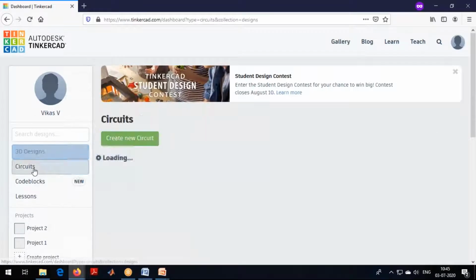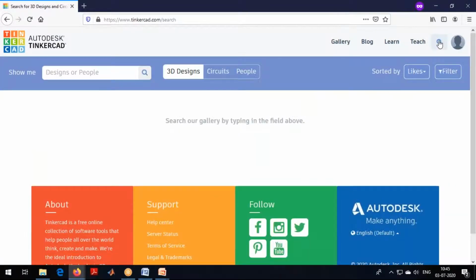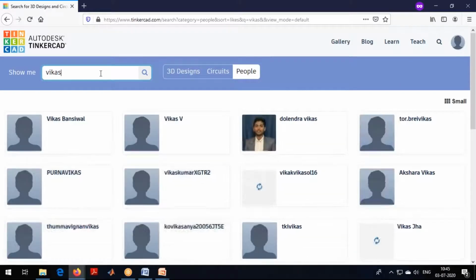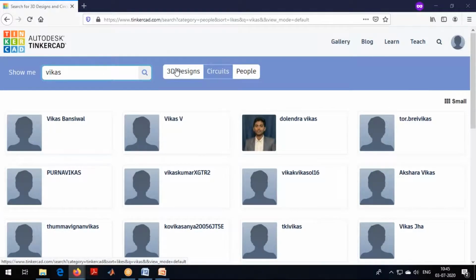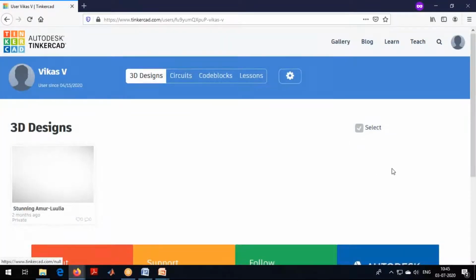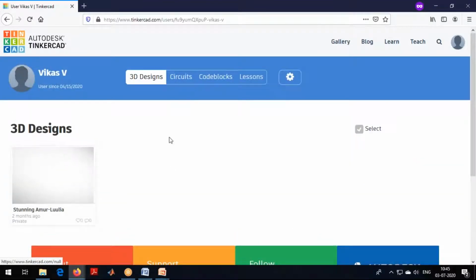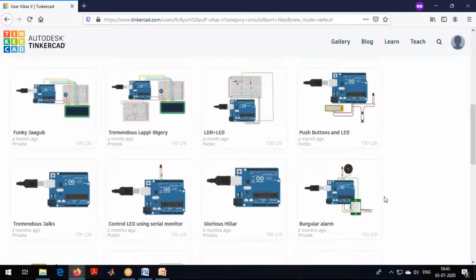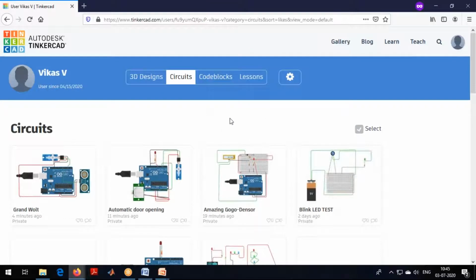Circuit only. You go to top right, search people. Okay, it's giving many things, right? Vikas V, I'll type. Second one, I'm getting Vikas V. In that, click on circuits.